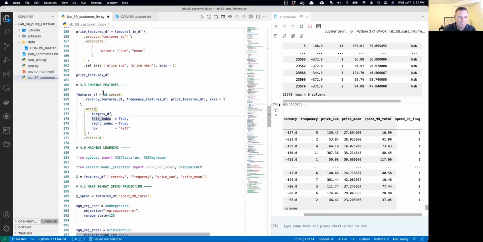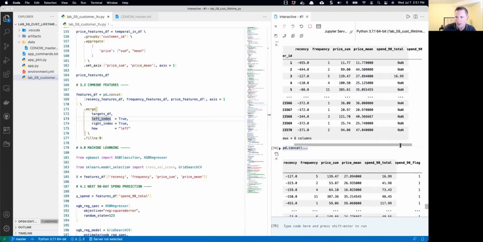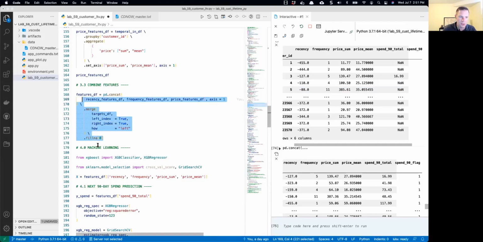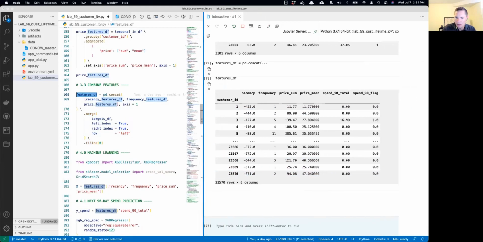And then you'll see here too that there's a lot of NA values that get pulled in because these customers did not make a purchase. So we want that to be a 0. We're just going to use fillna 0, and we'll save this as our features data frame. If I hit shift enter, our features data frame looks something like this,